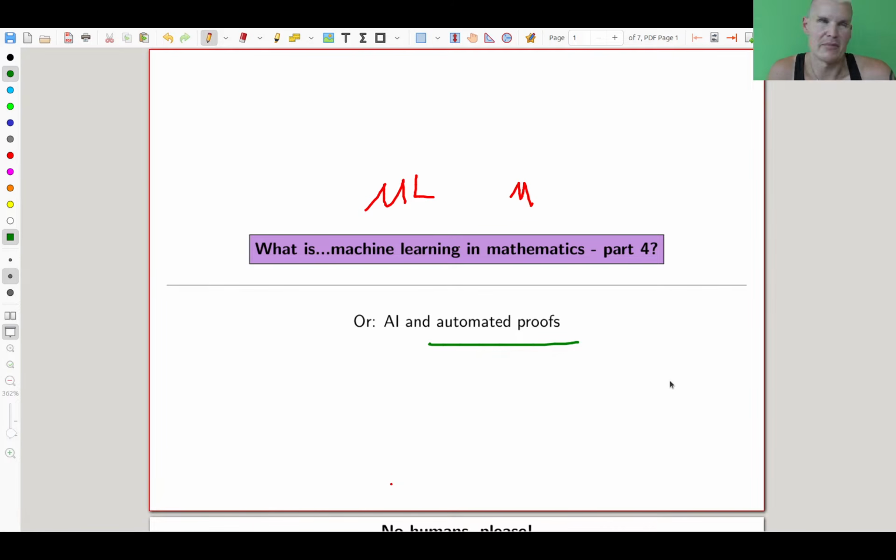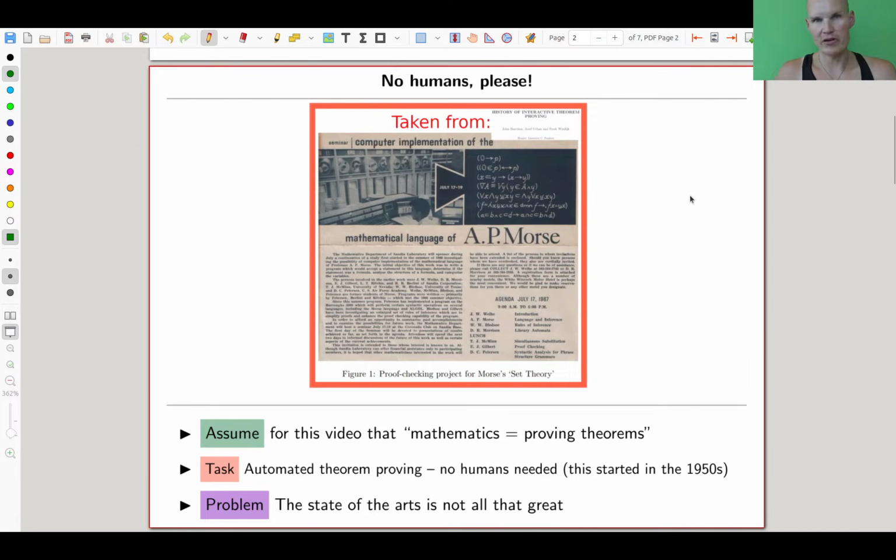Automated proofs. So maybe it was already part of computer science when it started, but kind of math and computer science, it's the same anyway. So AI and automated proofs. So the whole idea, let me just jump to the first slide. The whole idea is actually pretty old, and it's the same mantra all over again. Eventually AI will replace all of us. We all know that, however, right? But how long it will take, that's not so clear.